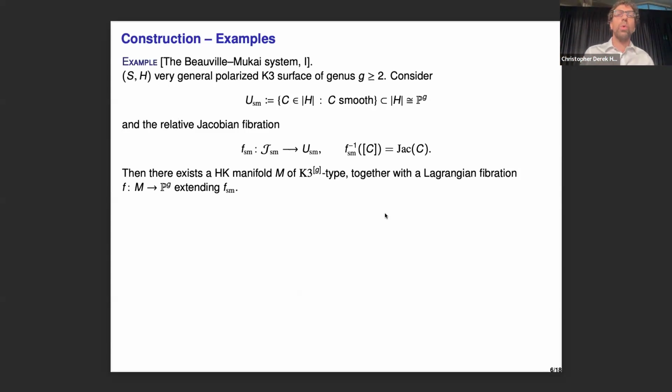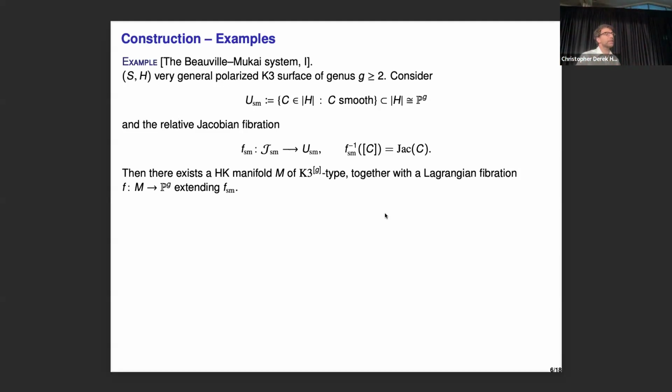And so why do we need a K3 surface? The K3 surface helps us in the following way. First of all, the curve has genus g, and the linear system also has dimension g. So we are in good shape somehow. This is the right dimension, at least, for having a Lagrangian fibration. And the symplectic structure on S induces, in a way that I will talk about later, a symplectic structure on this whole space.